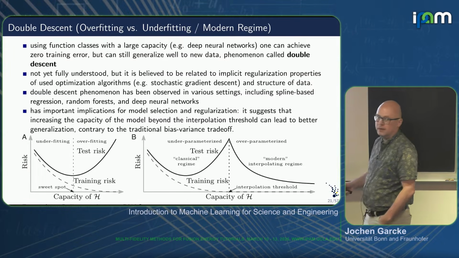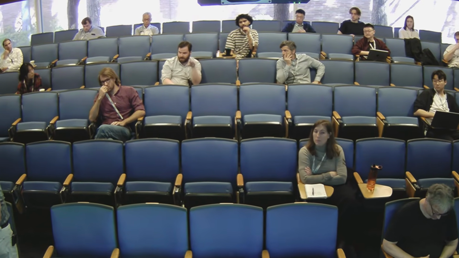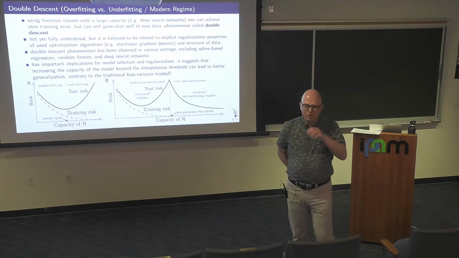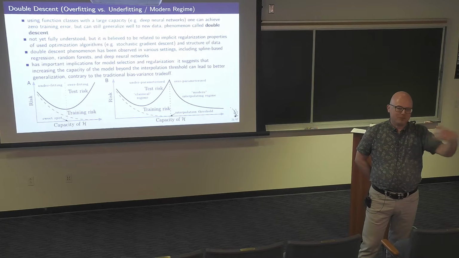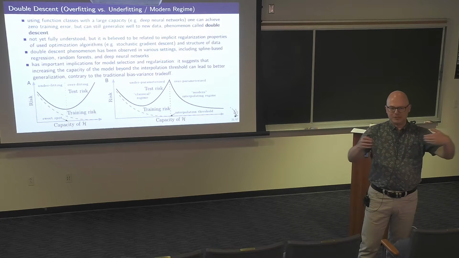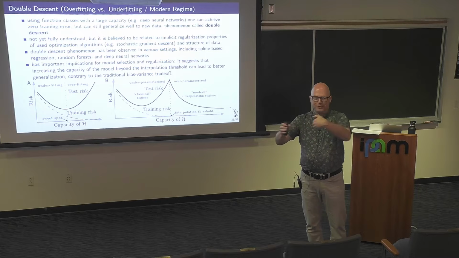So there's a question. If I'm past the interpolation threshold, and I don't have any explicit regularization in my cost function, I would think that the cost function would be 0 across my entire data set. So how do you keep learning after that point? It's maybe not 0, but just small. But you're still changing your model. You're still optimizing. Especially in this deep learning procedure, you have layer after layer, so there are connections happening.